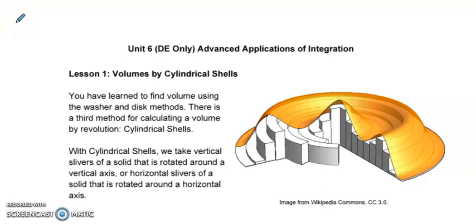All right, in this lesson, we're going to talk about a third manner of creating volume. You've already looked at volumes by revolution using washers and discs. And there's another volume by revolution, this time using cylindrical shells. And you can kind of see from this picture, basically we're taking a slice or a cross-section of a curve